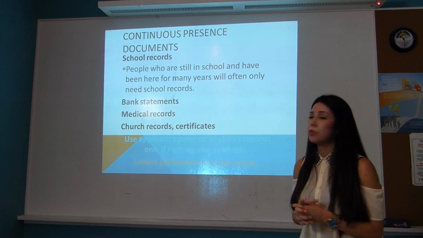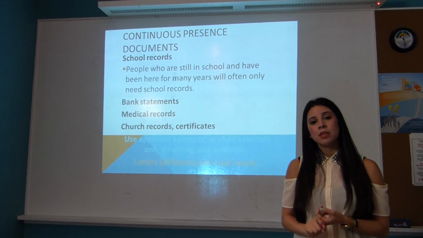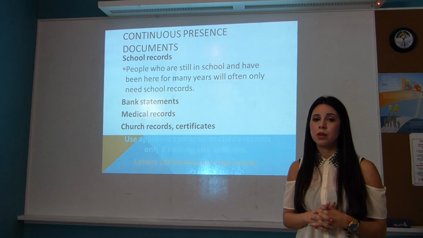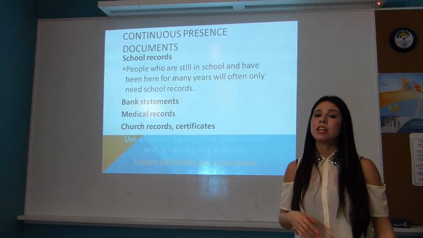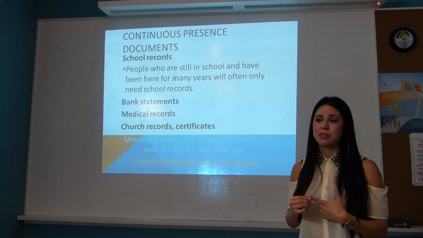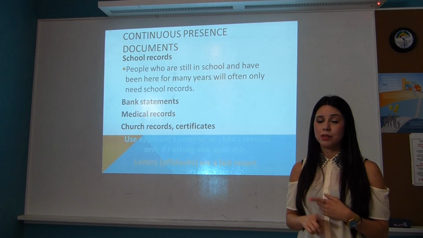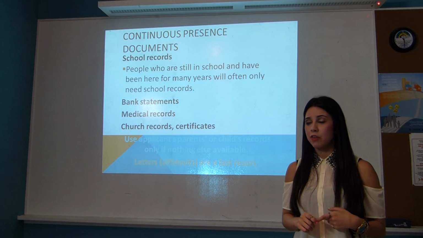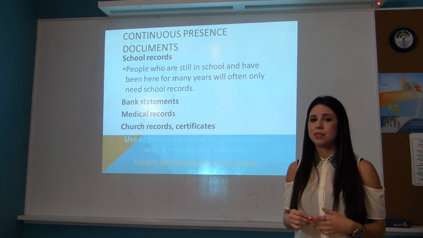Like I mentioned, people who are still in school and qualify for DACA need to gather their school documents from at least June 15, 2007. If they've been living here since 2000 and the school transcript includes the dates from the moment that they started kindergarten until now, that's great, that's perfect. There's also a lot of families who might have jumped around from school to school and withdrawn and enrolled. They're going to need to get the documents from every school if one school doesn't have it. They can also get it from the school district, and a lot of times the student can just go and ask for it themselves.